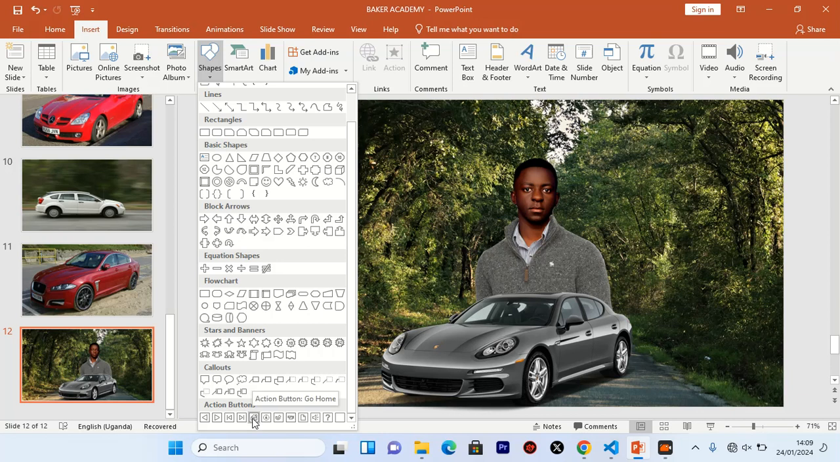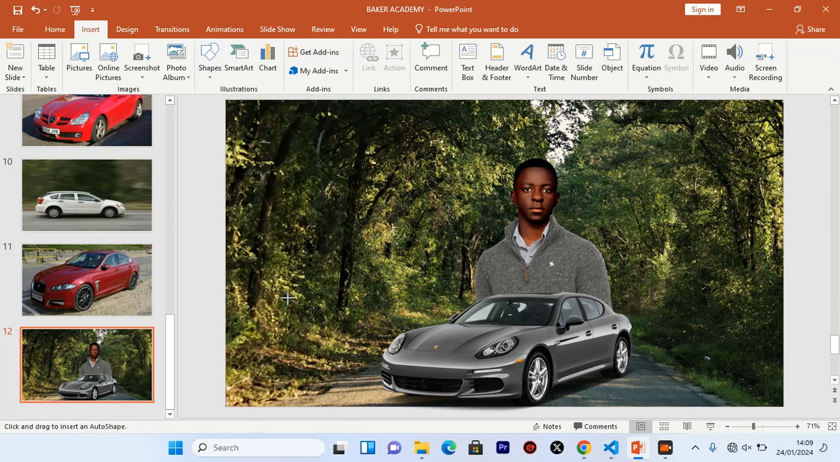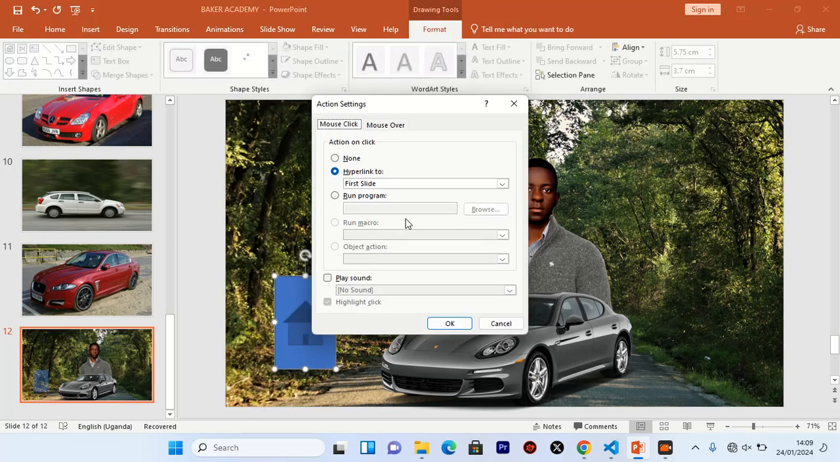So this is called a home button. It is here, it says go home. Okay, click on it. I say first slide, I just take everything. Okay,